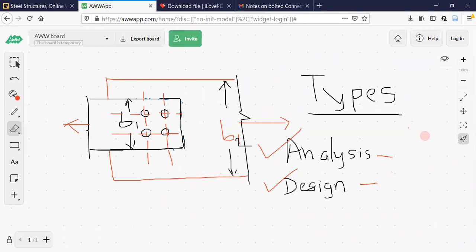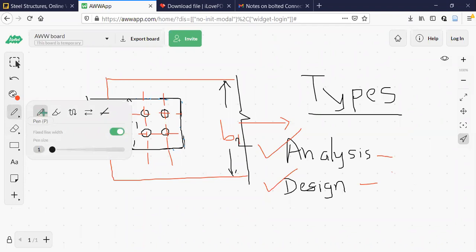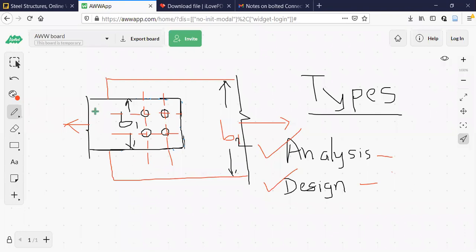The procedure, everything will be the same; the modes of failure you should understand, then only you can solve the problem. Here in analysis, again, all these designed sections will be given to you. That is, how many bolts are there, of what diameter, what is the strength of the bolt, the size of the members which are to be connected is given, how much is the load that this can carry, we can call it as P_ub. So here my job is to find out, a designed section is given.